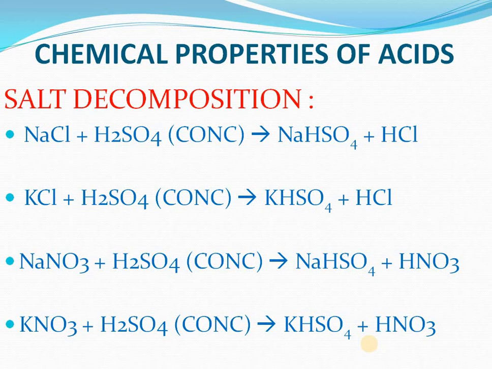Next is about the decomposition. Previously we also did the reactions at temperature less than 200 degrees. If temperature is less than 200, it gives rise to NaHSO4. Similarly, if instead of NaCl we take KCl, it gives us KHSO4. Small difference is there. Similarly, NaNO3 gives rise to NaHSO4 plus HNO3, and KNO3 gives rise to KHSO4 plus HNO3. These reactions are all repeating again. Once you have done it, it is very easy now. And please note that whenever these hydrogen sulfates, NaHSO4, KHSO4, are formed, the temperature is always less than 200.